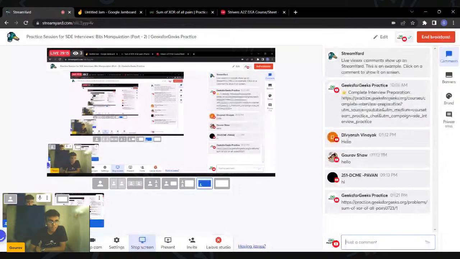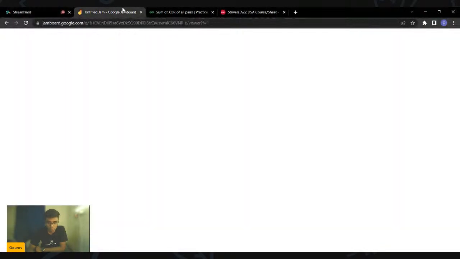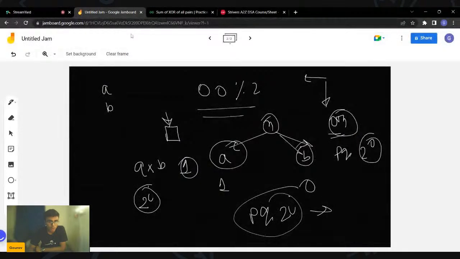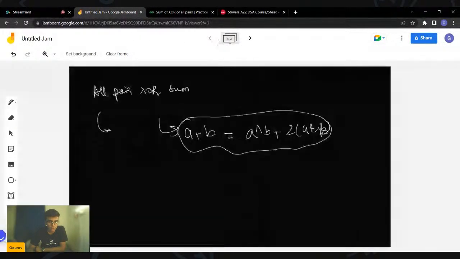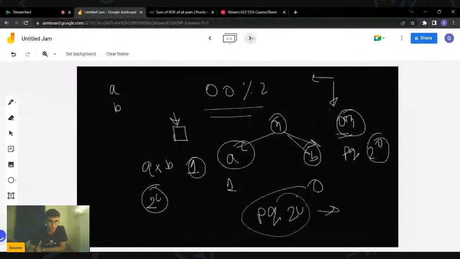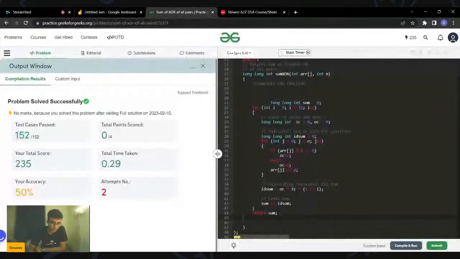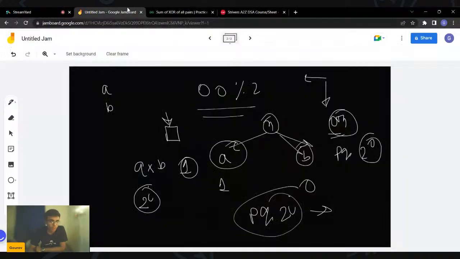Since we have very less turnout today, I would like to keep the session limited. We discussed this all pairs problem also. In case everyone understood, we also solved this problem on the concept of all pairs, and why we are multiplying the count of the zeros and the ones with 2 to the power i at every position. Apart from that, we discussed all the very frequent small concepts on bit manipulation. From the next session onwards, we will be studying essential mathematics and stacks and queues, and problems related to that.